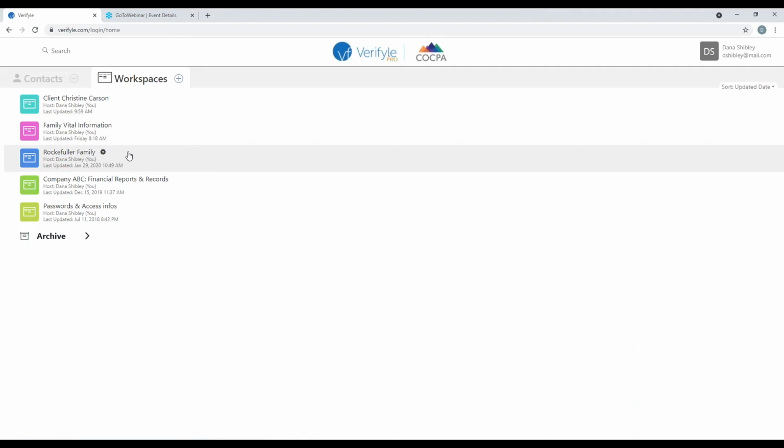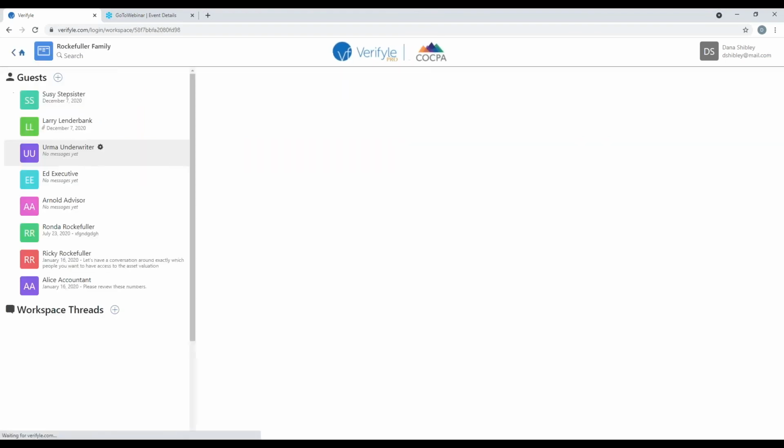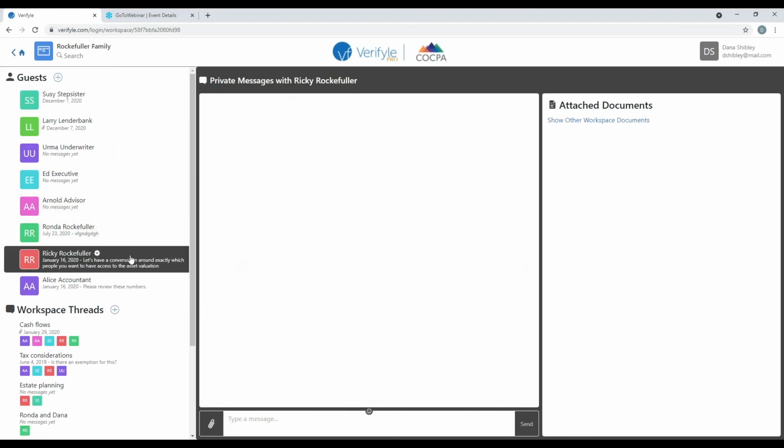Some of you might work with perhaps high net worth individuals who handle a number of family matters as well as business interests for their family. The Rockefeller family might be one such example. So if I click on this workspace, let's say that Ricky Rockefeller is my main contact within the Rockefeller family workspace, and he has a number of immediate and extended family members who are very interested in his various dealings, such as Rhonda Rockefeller and also Susie's